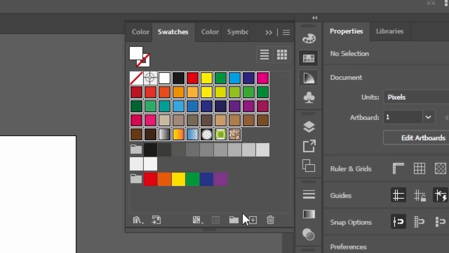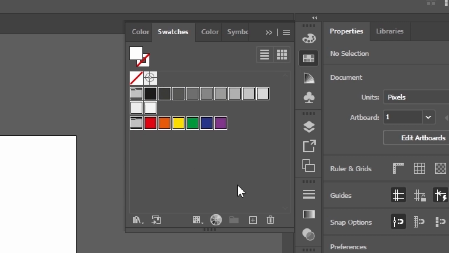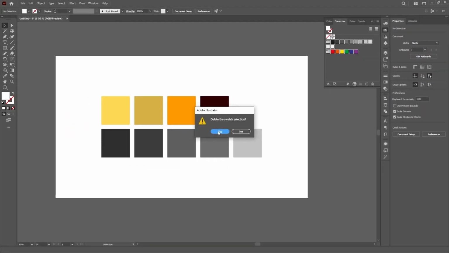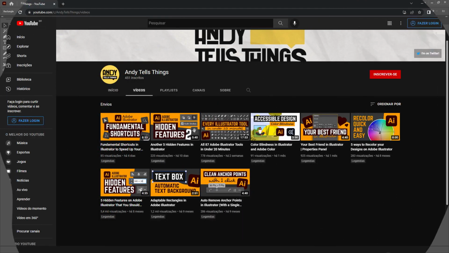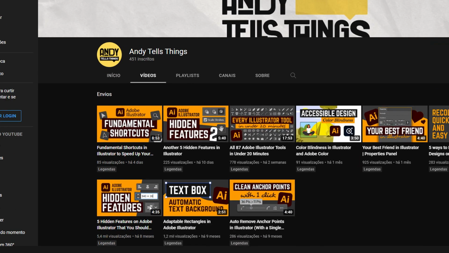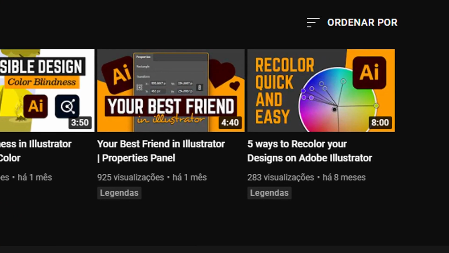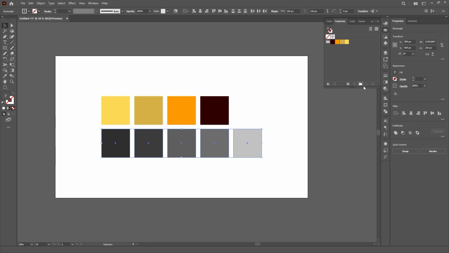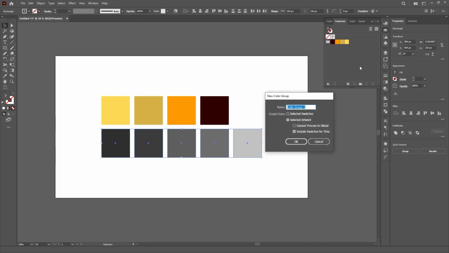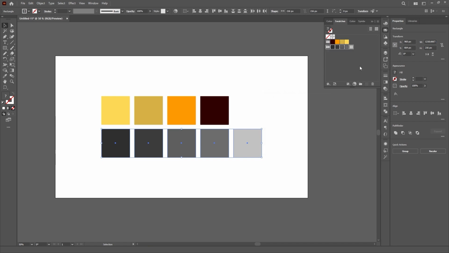I like to delete everything in the swatches panel and just add the default colors I need. In my case, I'll use this file to make assets for my videos and also to create thumbnails. In my thumbnails, I usually mimic the colors of the Illustrator UI and logo, so you can easily spot that they are videos about Illustrator. So those are the colors that I will set up in my swatches panel, alongside the yellow color of the